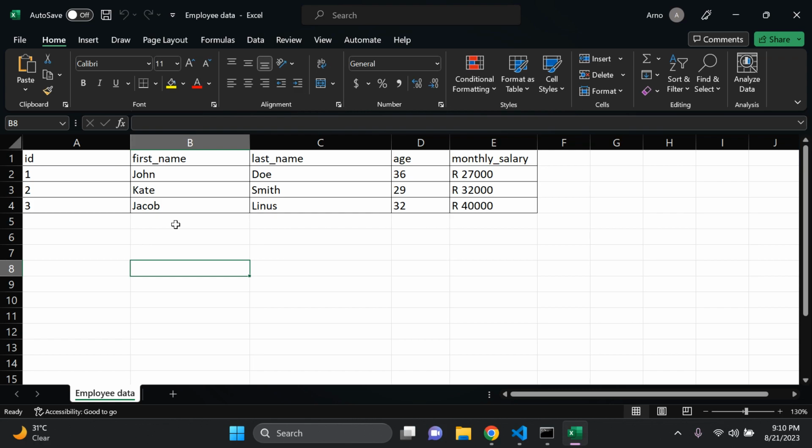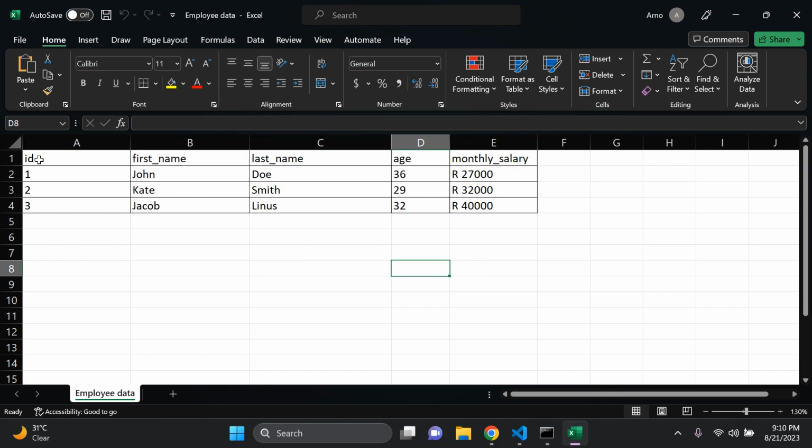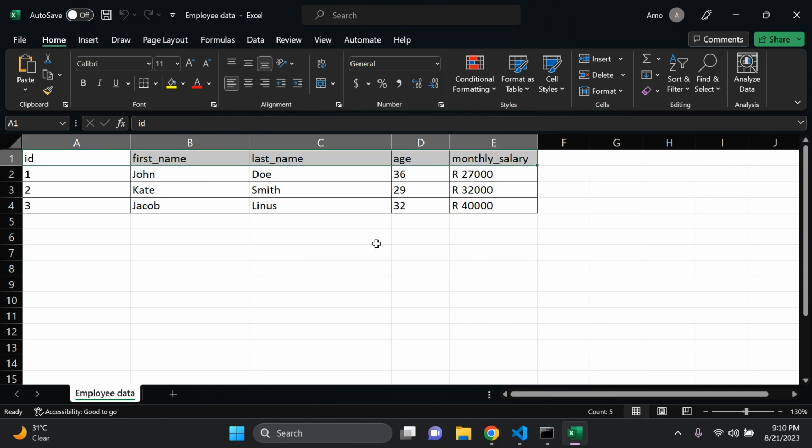So by default, when it comes to models, Django automatically assigns you an ID, okay, but we still need to specify that. Then of course we have the first name, last name, age, and monthly salary. These are attributes or fields that we need to add into our model, but don't worry, I will reference it. So all you need to do for now is make sure that you have some data to work with in an Excel spreadsheet. Ensure that you add in a name to your file and just enter in some data. So make sure in the first row that you add in the fields that are going to correlate with the exact same fields that you use for your model,